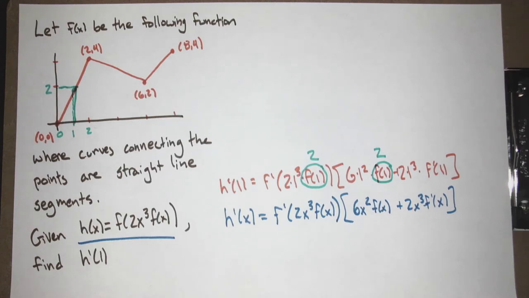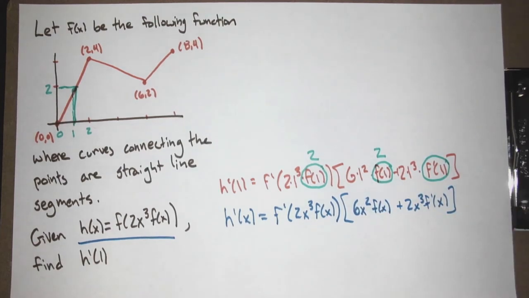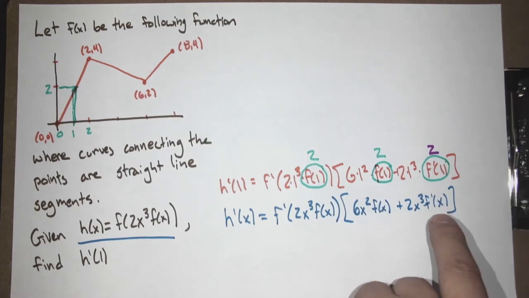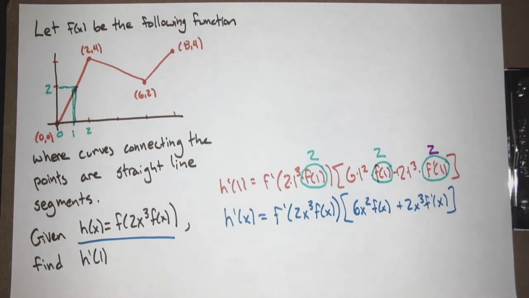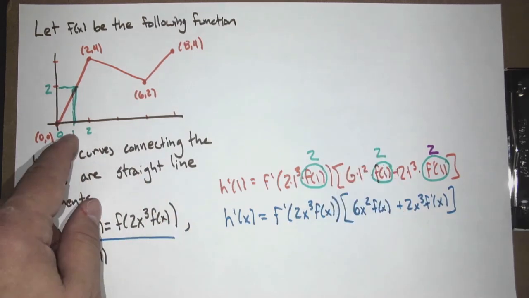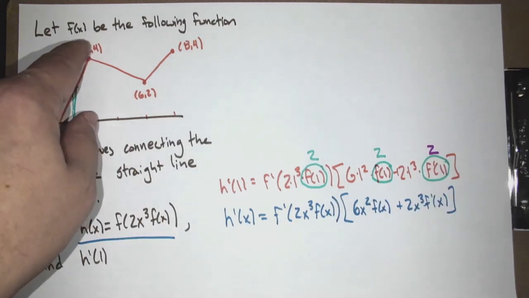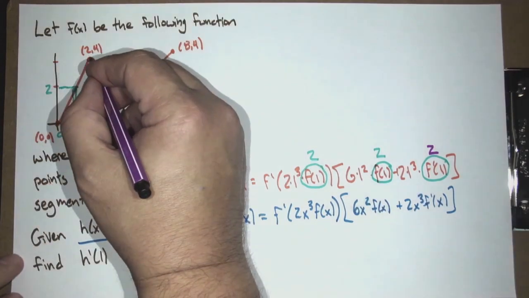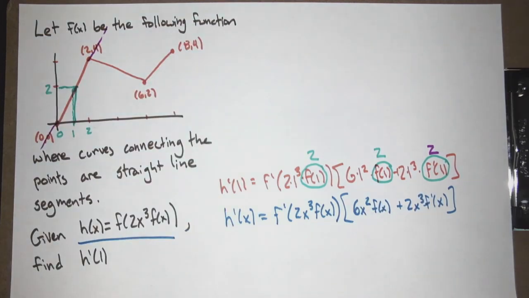F prime of 1. What will that be? F prime of 1 is 2. But I'm going to use a different color here. Why am I using a different color? Because that 2 is different from that 2. This 2 comes from the value of the function. Where does this 2 come from? The slope of the line. And the punchline is, well, what's the tangent line? It's just like if you kept extending it. So this line segment can be extended into a line, and we have our tangent line.